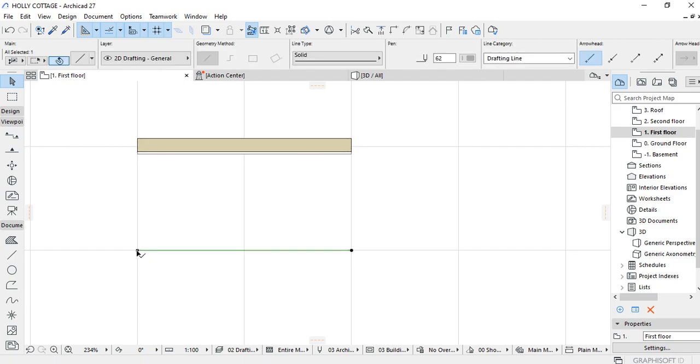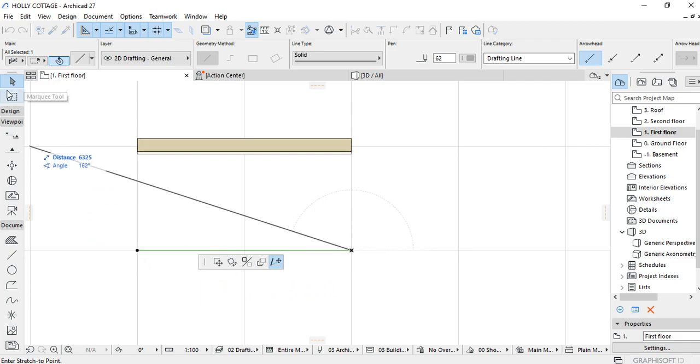Let's select it. When you left click at the end of it, it brings control points, which help in the modification of the element. So if we turn back to our wall,